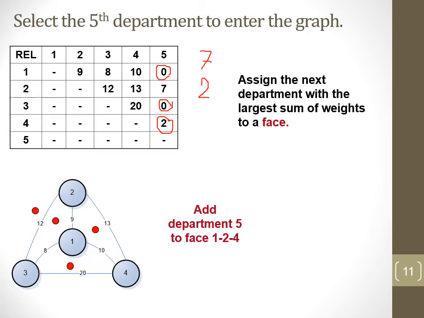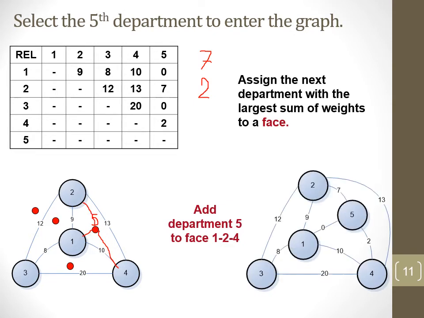Okay, then we have another alternative, which is to include 5 to this phase, and then we will have direct links between 1 and 5, 5 and 4, and 5 and 2. We will include this 0 here between 1 and 5, 7 here between 2 and 5, and 2 here between 4 and 5, and the weight will be 9. Okay, so we considered 3 of the faces, and there is one more, which is having department 5 here